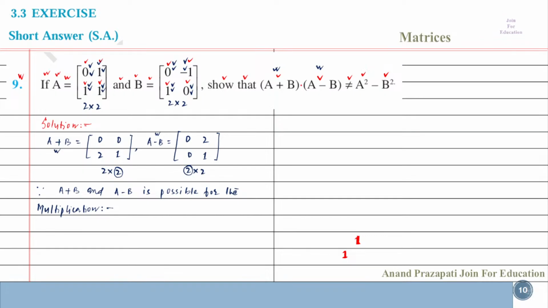In A plus B, number of column is equal to the number of rows in A minus B. Therefore, multiplication of A plus B and A minus B is possible. So, we find out the multiplication of A plus B into A minus B, which is equal to